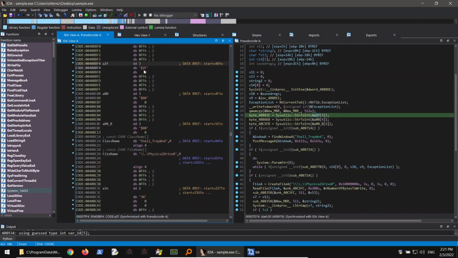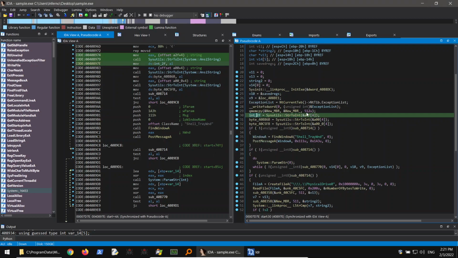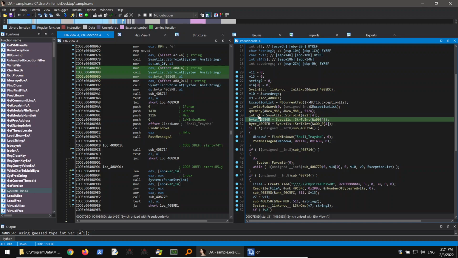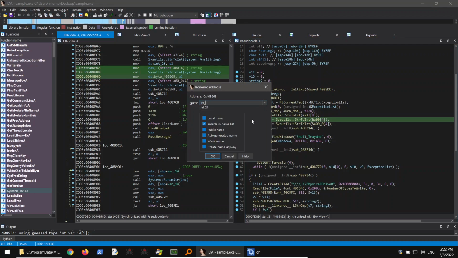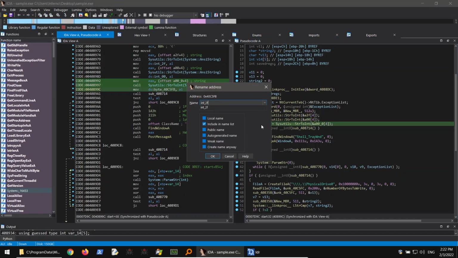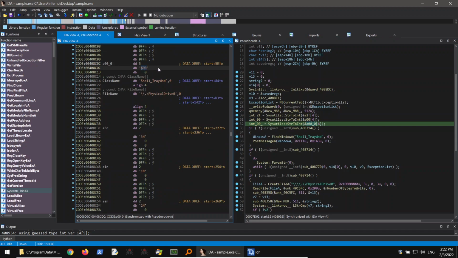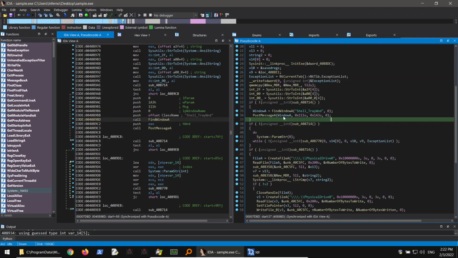You can see the 2f, which will be converted to integer. So let us do something like integer 2f. Integer 0, 0. And again, integer 0, 0. As you can see here, it just converted 0 to integer. What we got next,